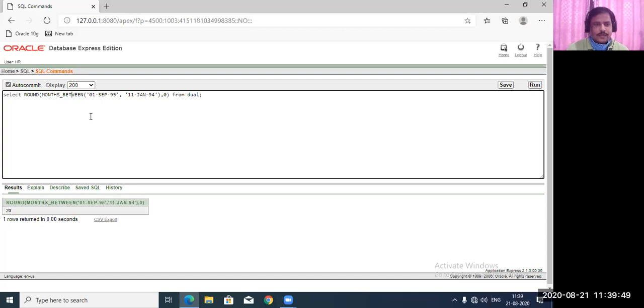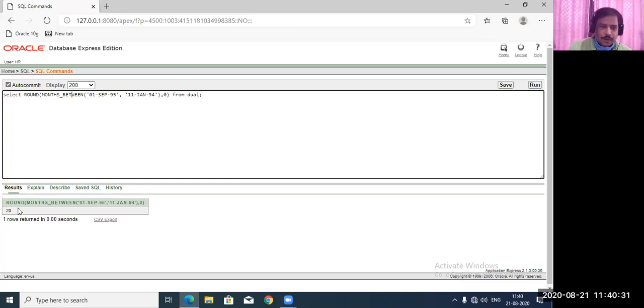The essence of this function is when we have to calculate the number of months between two dates. For example, I am an employee of this particular organization, and you ask since how long I am working here. You just tell me the number. Sometimes the user may require the number of months, or how many years you are working here, or how many days, depending on different requirements. So you can return the value of that.